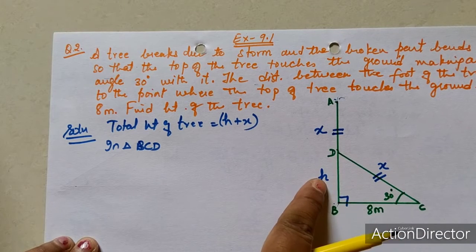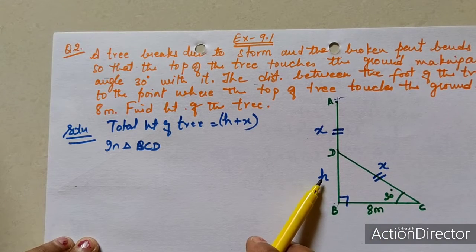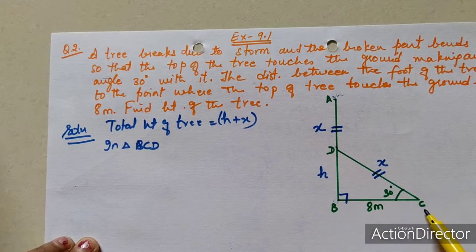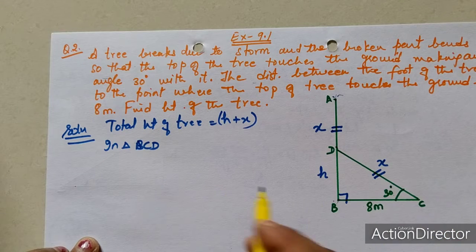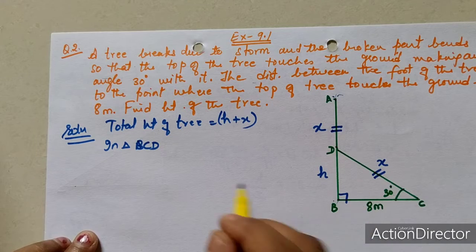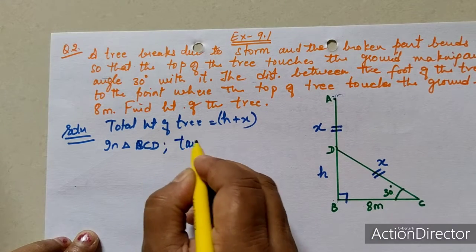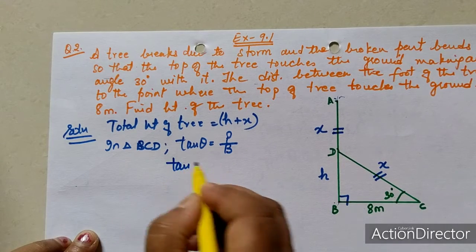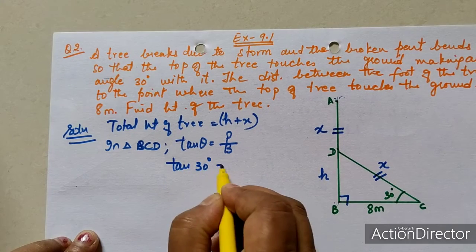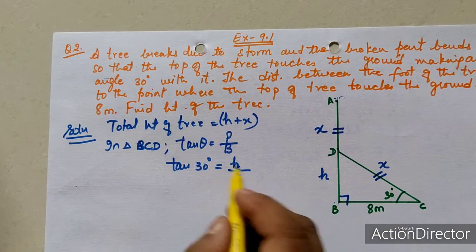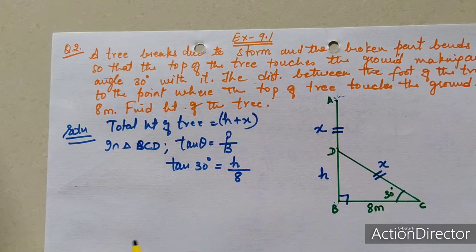So here, H is the opposite side and this is the adjacent side, or we can say perpendicular upon base. And what is perpendicular upon base? I told you on that day that we have to find the ratio between these two. It is tan. Perpendicular upon base is tan theta. So I am going to write tan theta equal to P upon B, where theta is 30 degrees. So tan 30 is equal to perpendicular, I considered as H, that means opposite side. Base is adjacent side, so here it is 8.